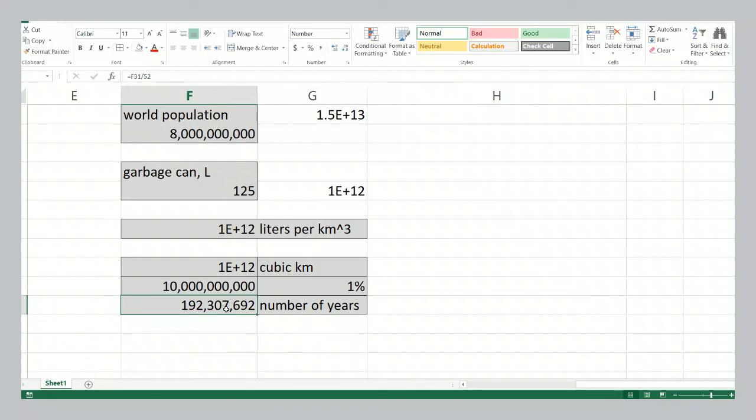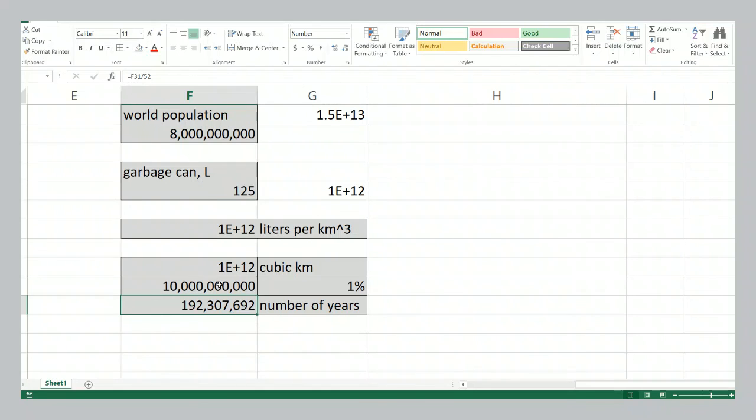So imagine a computer loading screen showing how much percent of the Earth we have filled with garbage so far. Starting from the time of the dinosaurs, 8 billion people on the Earth every day since then. Every week, every one of them creates an outdoor garbage can full of garbage. By today, we will have gotten to 1% on the loading screen, 1% of the Earth full of garbage. So the Earth is huge. It's a massive, massive amount of volume.